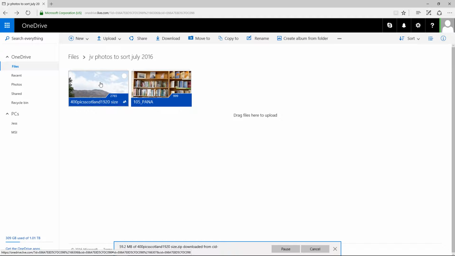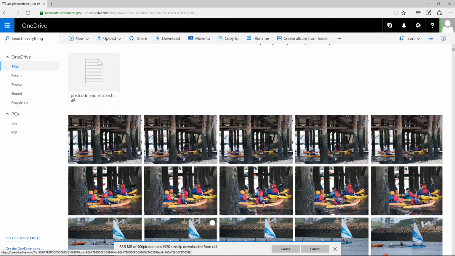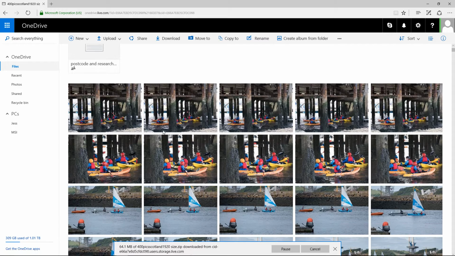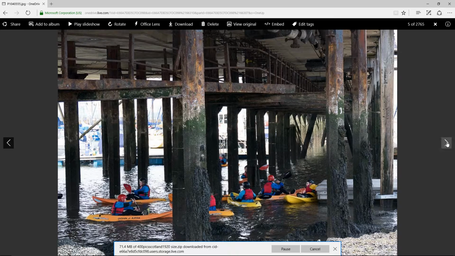Hello. Okay, this is the folder. If you click on it, you can then download it if you want to. If you are just looking at it online, don't worry, you can just use that. So look for the picture, and if you click on the picture as it is, you can see you get